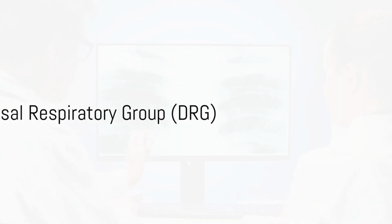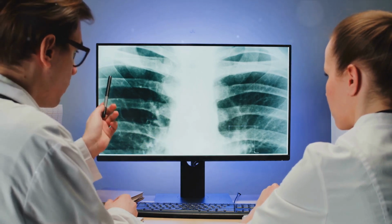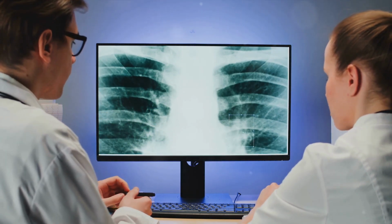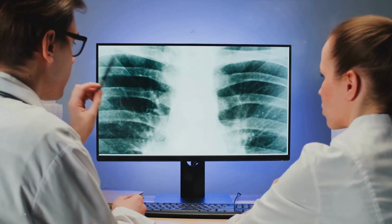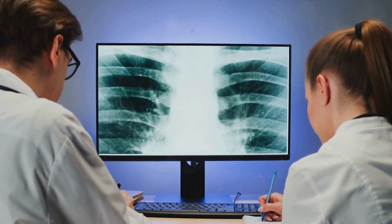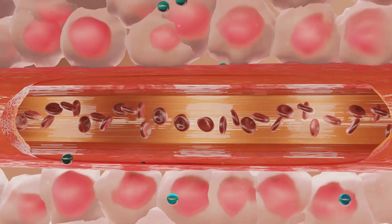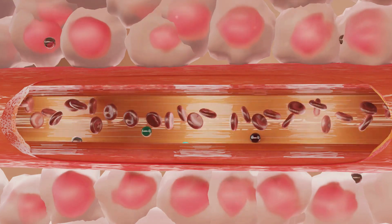Next, we turn our attention to the dorsal respiratory group, also known as the DRG. This group is found just dorsal to the VRG, in the medulla oblongata. The DRG receives signals from receptors in the lungs, pons, medulla, and higher brain centers that monitor oxygen and carbon dioxide levels. If these levels are out of balance, the DRG sends messages to the VRG to adjust our breathing